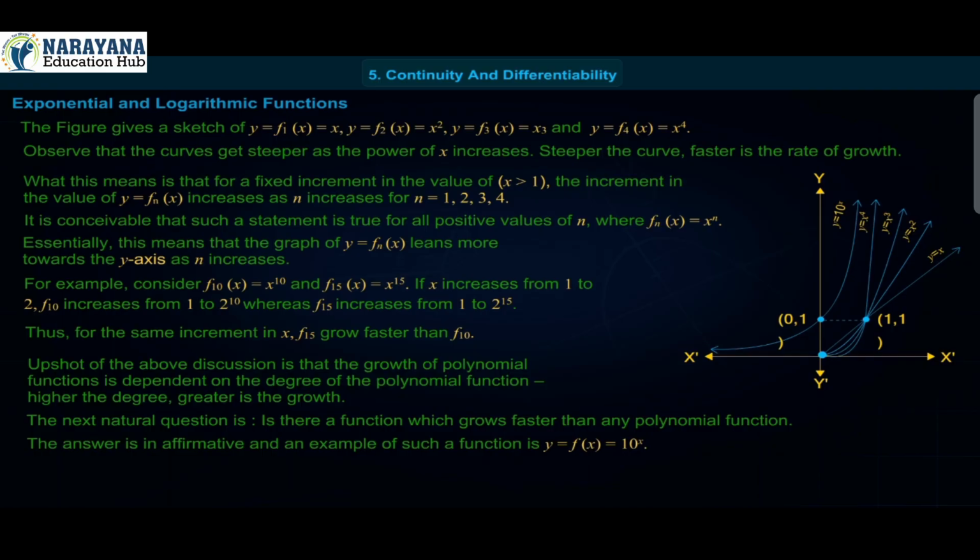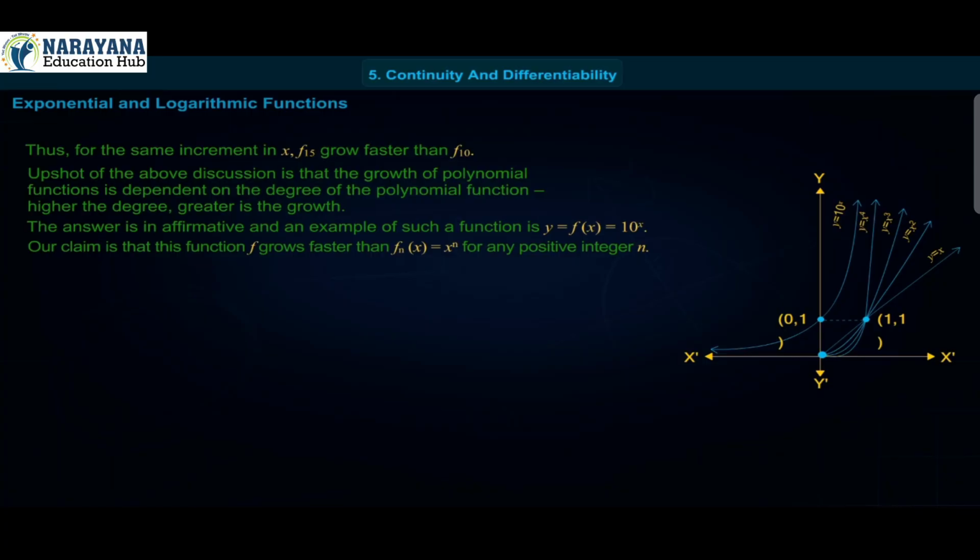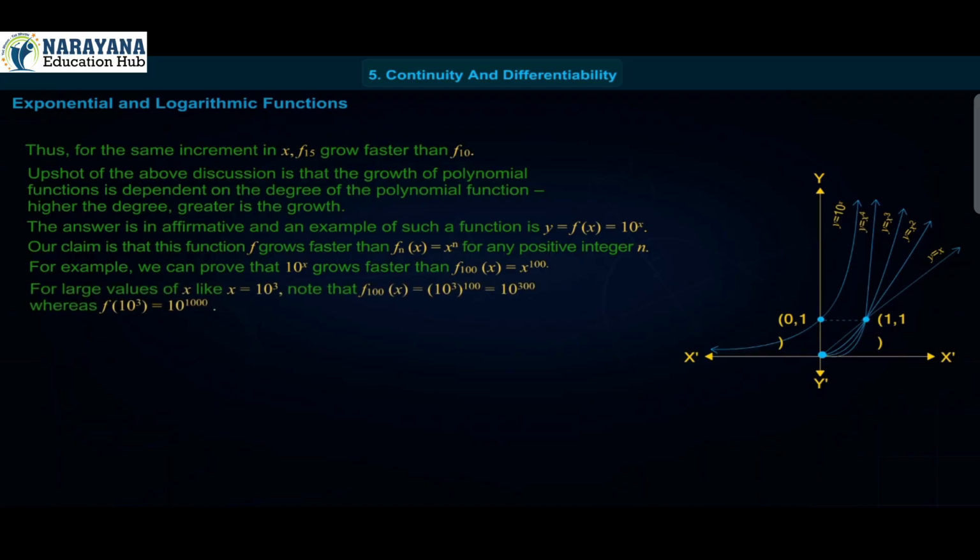The answer is in the affirmative, and an example of such a function is y is equal to f of x is equal to 10 raised to x. Our claim is that this function f grows faster than fn of x is equal to x raised to n for any positive integer n. For example, we can prove that 10 raised to x grows faster than f100 of x is equal to x raised to 100. For large values of x, like x is equal to 10 cube, note that f100 of x